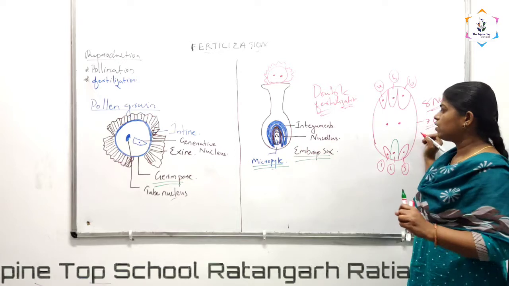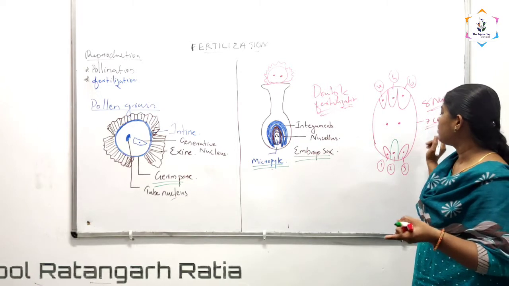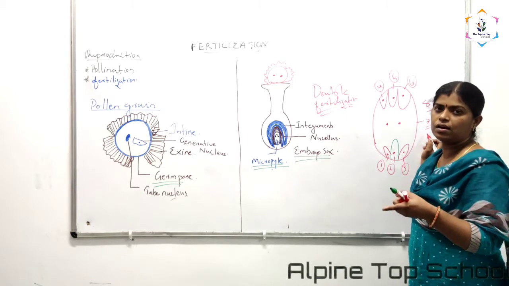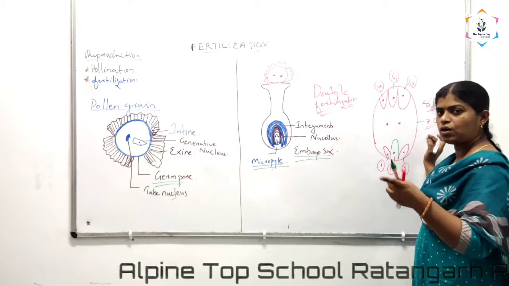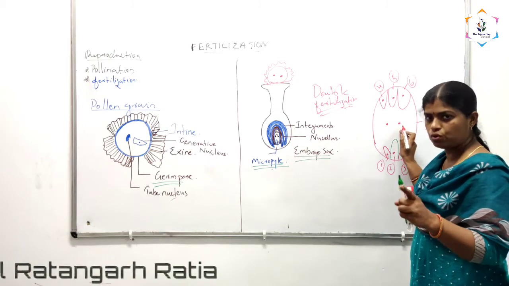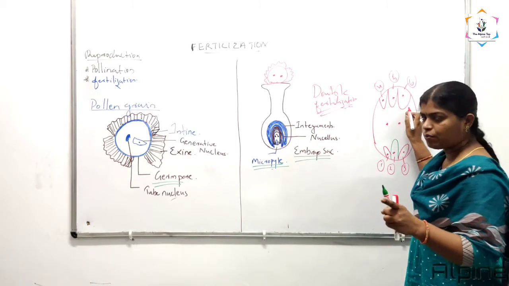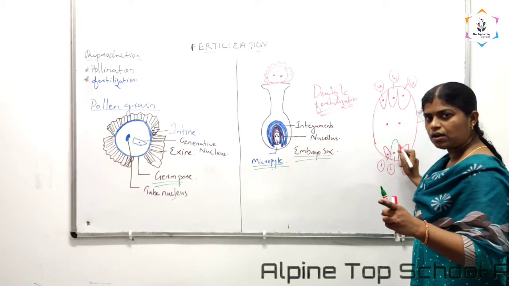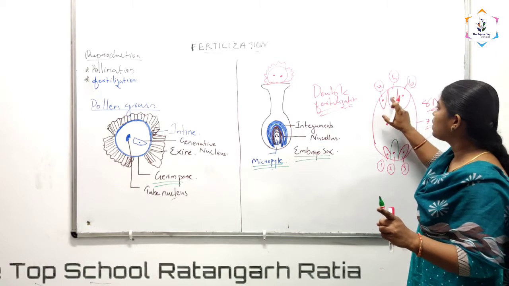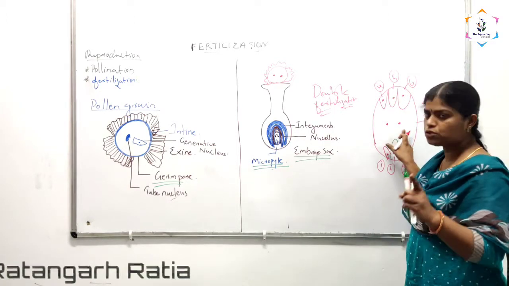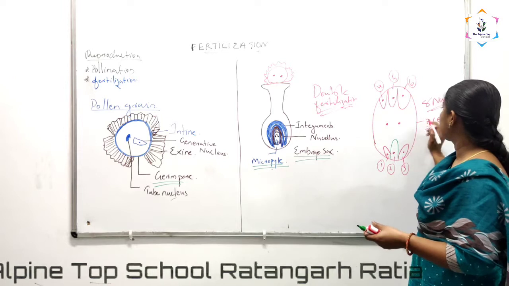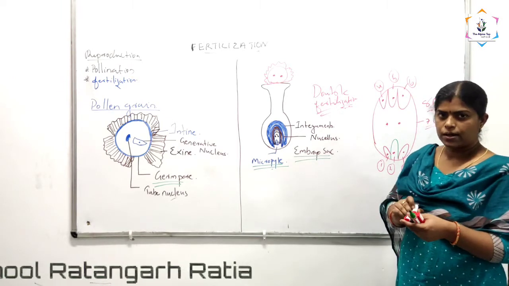Okay. So there you can get one question: the embryo sac is a 7-celled and 8-nucleated structure, justify the statement. So what you have to write? You have to write that an embryo sac has a big cell with 2 nuclei at the center, and 3 antipodals are there, and 2 synergids are here, and 1 egg cell. Like that it has got 7 cells, and each of these cells is having 1 nucleus, and centrally placed 2 nuclei are there. In total 8 nuclei are there. Like that, the embryo sac is a 7-celled and 8-nucleated structure.